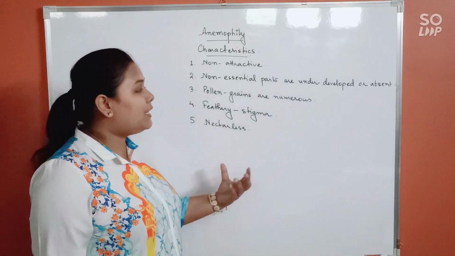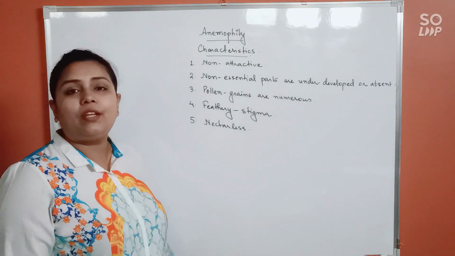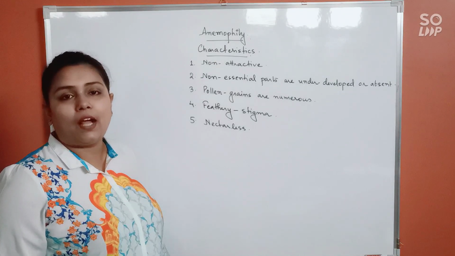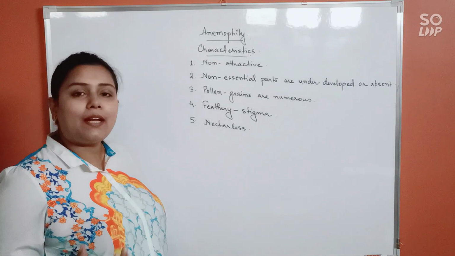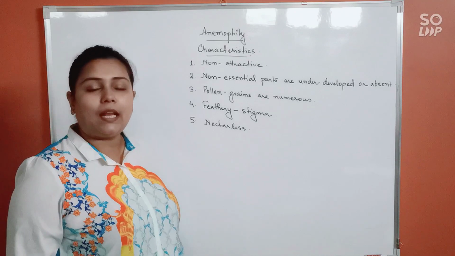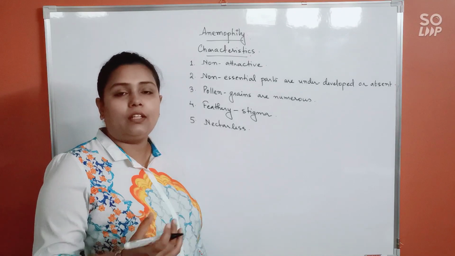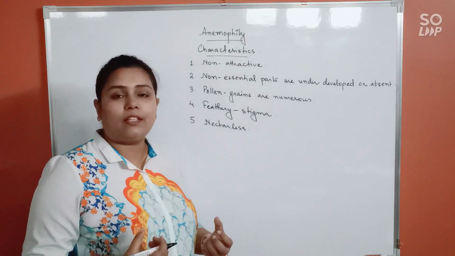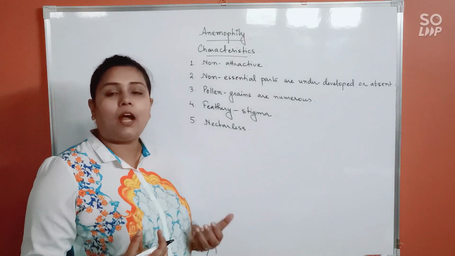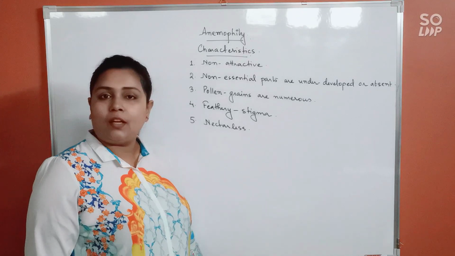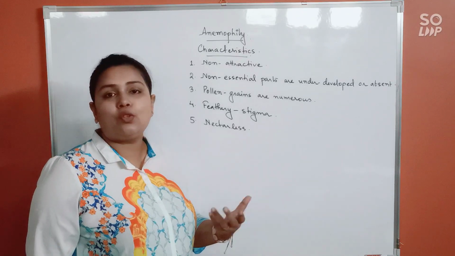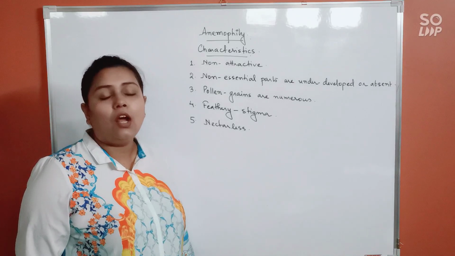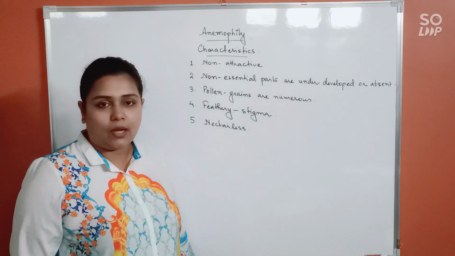Nectarless. So these flowers, they would not bear nectariferous glands. Nectariferous glands are mostly borne by those flowers which would want to attract some living organism, isn't it? Like birds. They would rather come to a flower for taking up the nectar, or bees. They can come up to a flower for taking up the nectar, right? But wind, there is nothing like that happening with wind, right? So nectariferous glands are absent, or the flowers are nectarless as well.